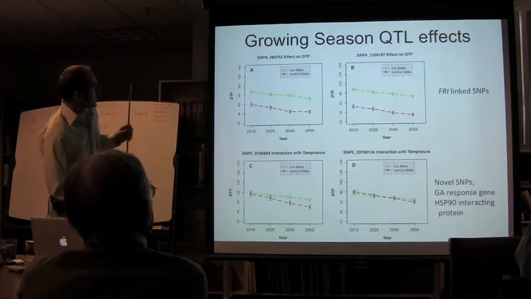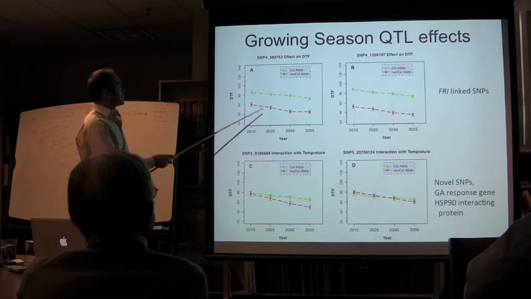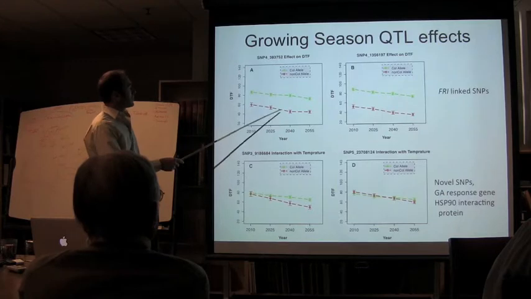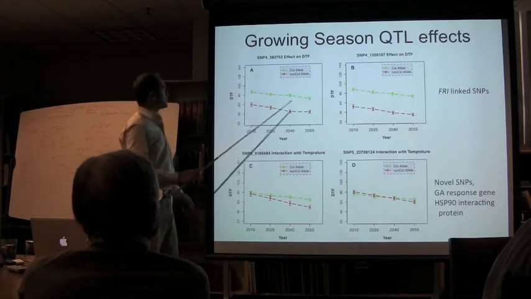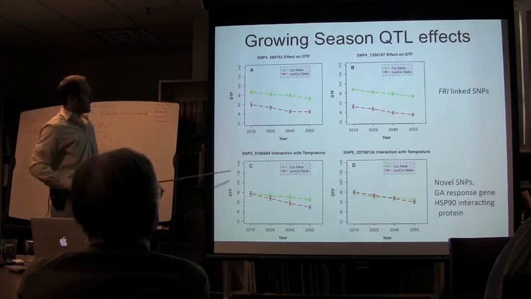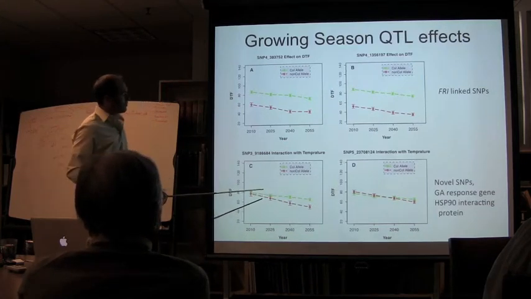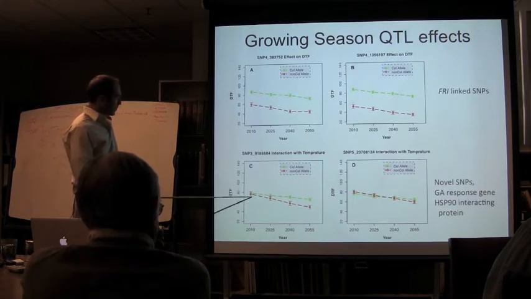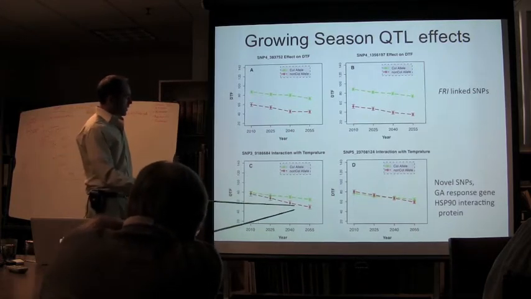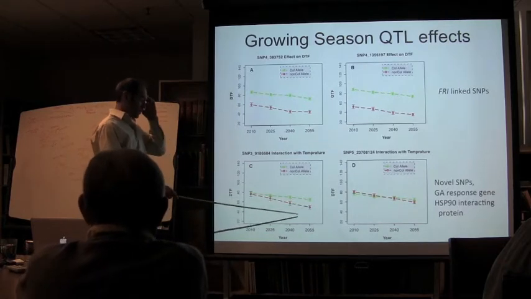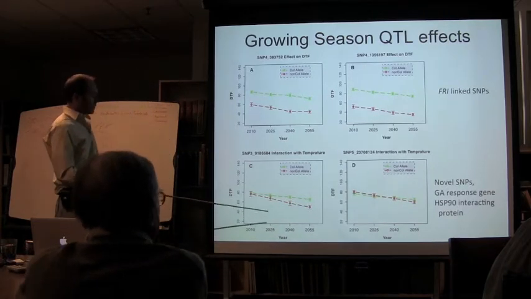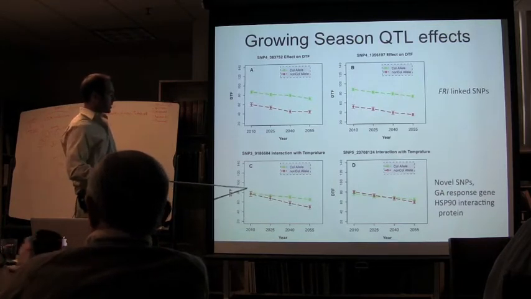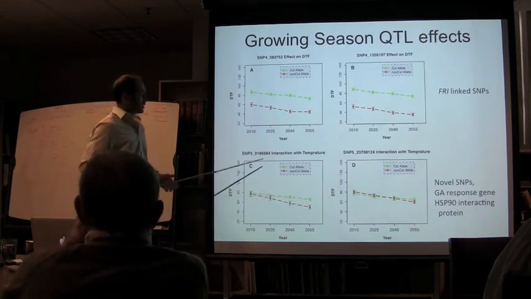G by E point. So here's a couple of the major effect QTLs that have a big phenotype here, 25, 30 days difference in flowering time. These are linked to the Frigida gene as well as some other known candidate genes. And here's just an example of 2 of the 4 G by E or thermal sensitive SNPs, where it really has no phenotype in the contemporary conditions, but out in the warmer chamber and warmer shelves, and likely in the future conditions, future climates, this SNP would have a big effect. So this could be an example of selection on present-day standing variation in future environments.